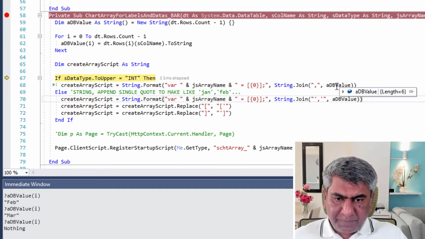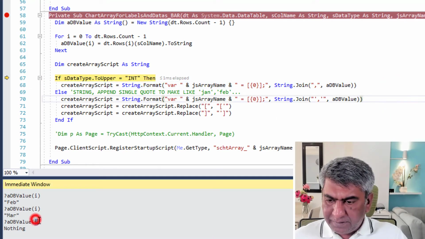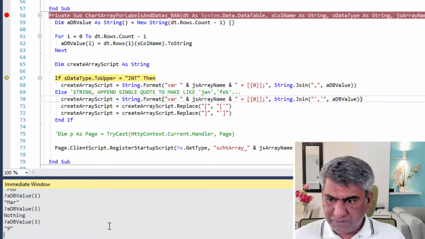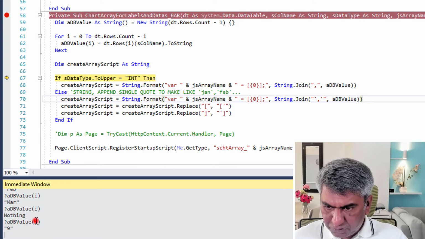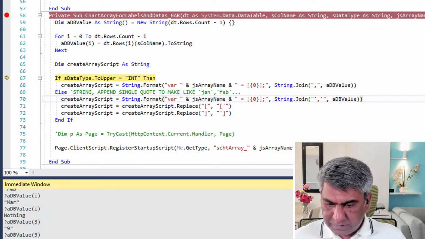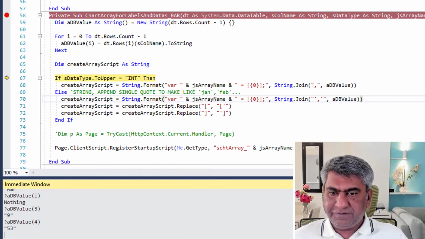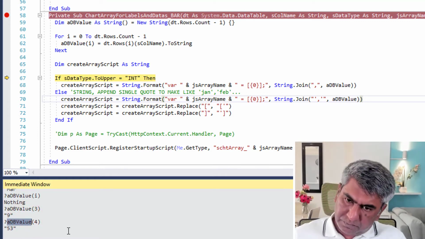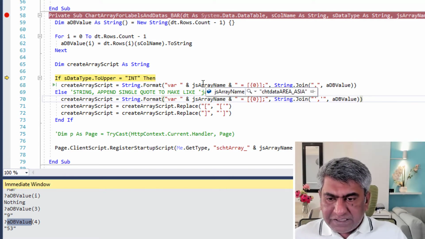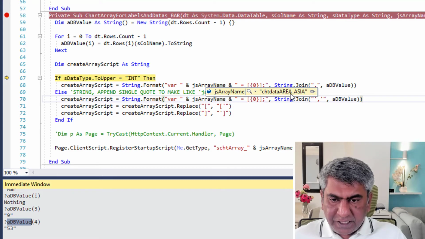For example, if I ask what is the third value of this one? We will see 9. What is the fourth value of this array? That is 53. So that means this variable has correct values, and our JavaScript array name which we passed, chart data area Asia, is empty now.